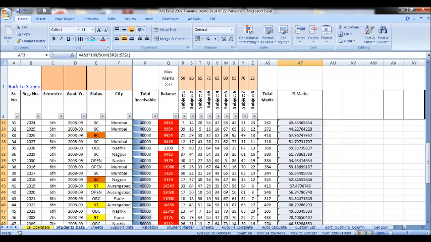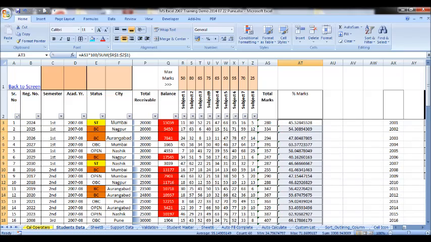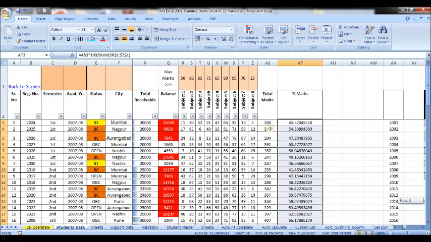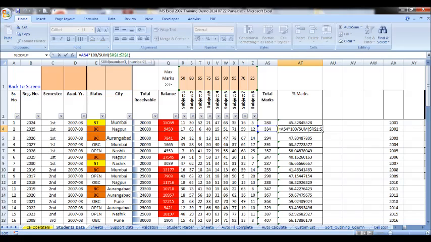And now this is the real way of copying the formula, freezing it. Otherwise, there are 60 cells. For all the 60 cells, you would have to change the cell addresses after copying it. To avoid that, you can freeze it. This is what is called relative and absolute referencing.